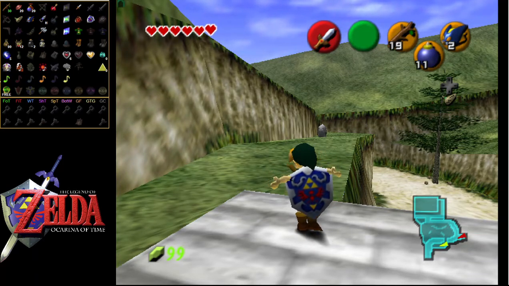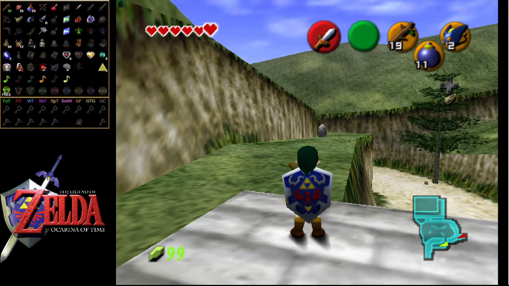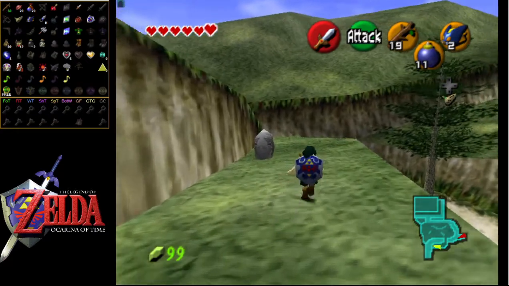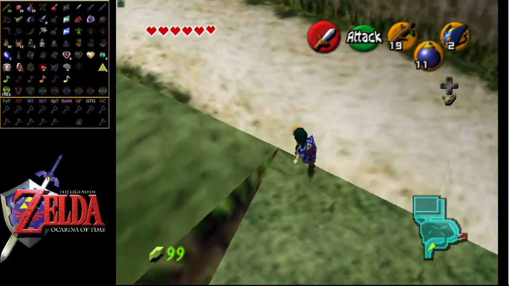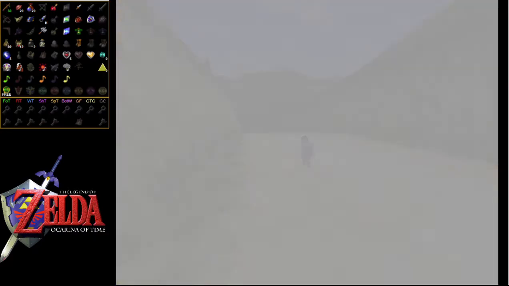Yeah, and I believe that's actually, man, I really don't feel like heading clear back up to the Ferry on Death Mountain, but that's something else that we can do as well. Okay, well, you know what? Since we're over here, let's do Zora,